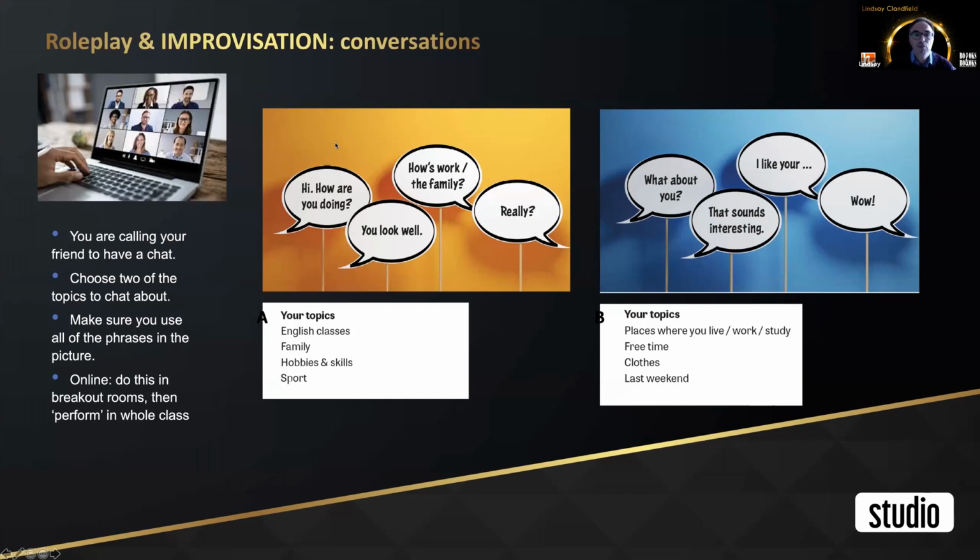And then I gave them some phrases, and I put these on a slide, just a bit like I did for you. So they have some slide. Hi, how are you doing? You look well. What about you? Wow, that sounds interesting. I asked them, take a photo of this, and then you need to use all the phrases. You just choose 2 of the topics, but you need to use all your phrases and prepare your conversation,